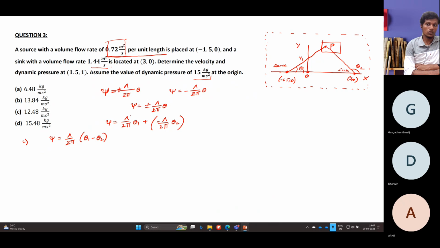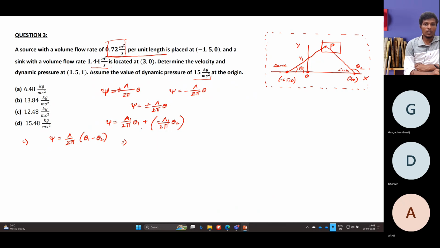See, if your volume flow rate is common, and the value is constant for your source and sink, you can take out this capital lambda and simplify like this. But here your volume flow rate is not constant, and it is lambda 1 and lambda 2, so I will write it as lambda 1 and lambda 2 here. Okay. Next, let's substitute the values, but before substituting the values, we are also interested to see how we can write